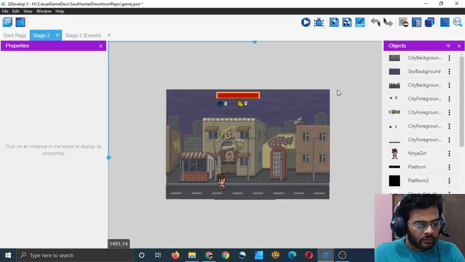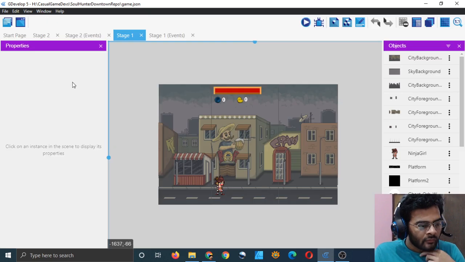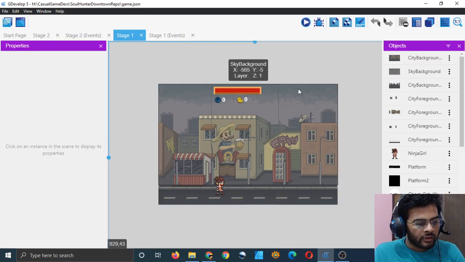And now I will go back to my original page and see if something changed over there also, because if it did, then we can't do it this way. So save the game and go to stage 1. No, the sky is same. So that's what I was checking, whether it creates a reference to the asset or does it duplicate it.